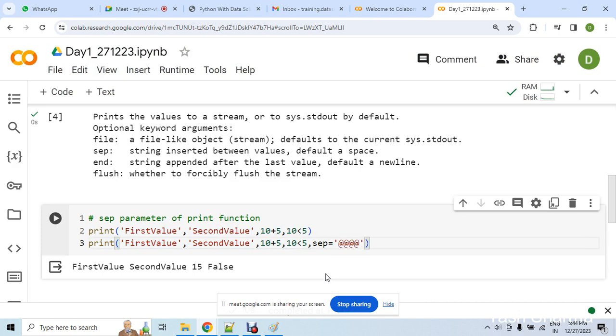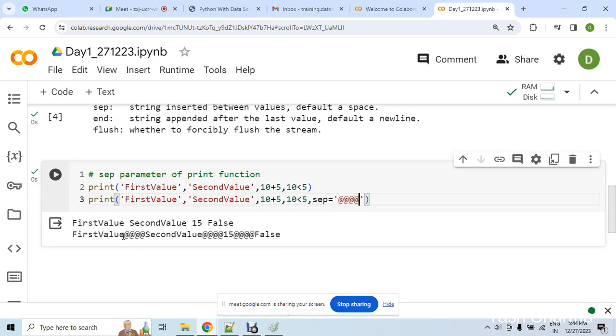@ से सेपरेट करनी है। Now let me run this. Now can you see that my first value and my second value has been separated by this parameter? यहाँ पर इसका डिफ़ॉल्ट नेचर क्या है, स्पेस ऐड करना। यहाँ पर हमने उस डिफ़ॉल्ट नेचर को मैनिपुलेट कर दिया, आप कह सकते हो कि ओवरराइड कर दिया। तो अब क्या होगा कि जो भी आपका फर्स्ट वैल्यू सेकंड वैल्यू के बीच में स्पेस आ रहा था बाय डिफ़ॉल्ट, अब वो स्पेस नहीं आएगा, अब यहाँ पर ये @ आएगा। चलो मेरे को @ यूज़ नहीं करना, मेरे को एरो यूज़ करना